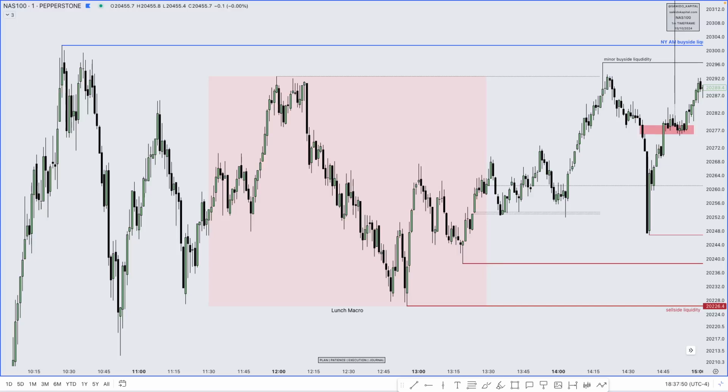Hello guys, so today I want to talk about the PM session. How do you trade the PM session? That is the question of the day today. So firstly, you want to annotate